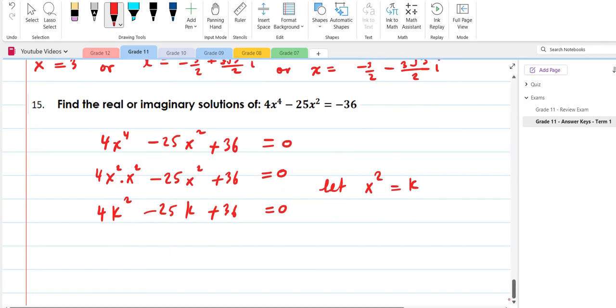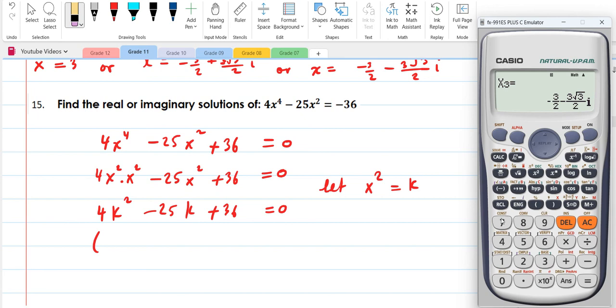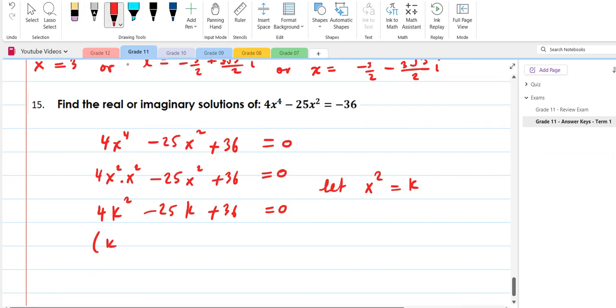And now I can use a quadratic function to solve for this. I think you should get 2k minus 9. Let's see, we should get two different answers. So we'll just use a calculator to factorize this. 4, minus 25 and 36. Go to mode, equation, and quadratic function, which is number 3. So we want 4, minus 25 and 36. So we're getting these answers. x1 is equal to 4, so obviously k minus 4 into 4k, and the last one should be